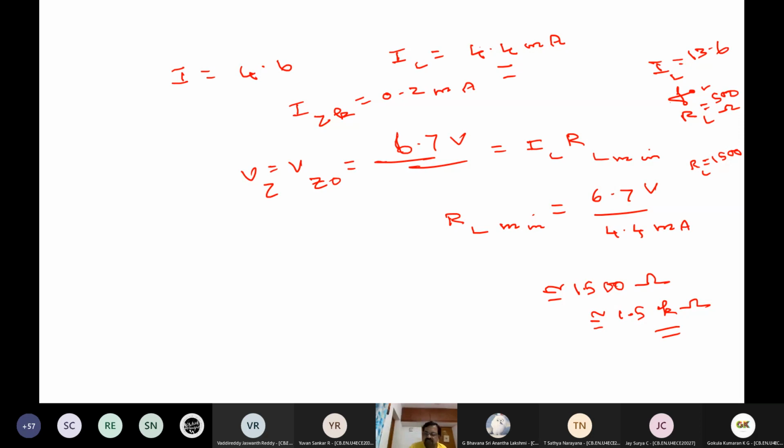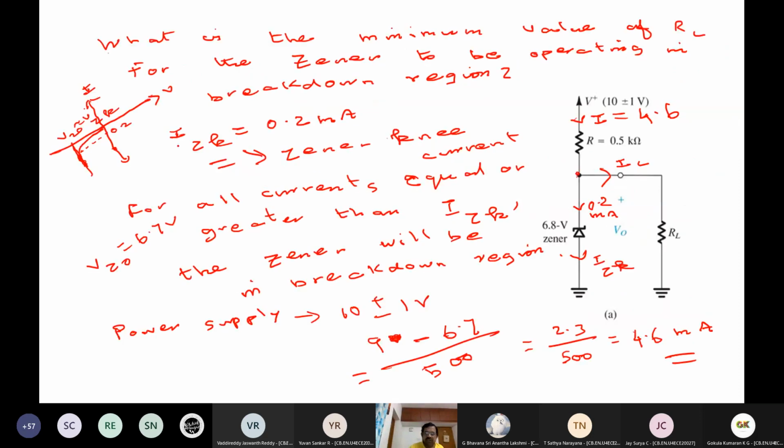So try to understand. A smaller rating it will be possible, a higher rating it will not be possible because that much voltage has to drop. So you have to understand that circuit. If you see the circuit, if I have a higher rating here, which means more voltage drop occurs here. Here you are not going to have that much requirement. But if I have a smaller one, then the smaller voltage, so more current will be possible because your supply is that much. This is 0.5, so that might be possible. So think about it.